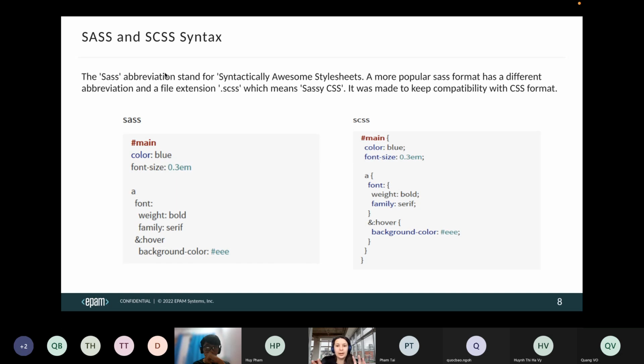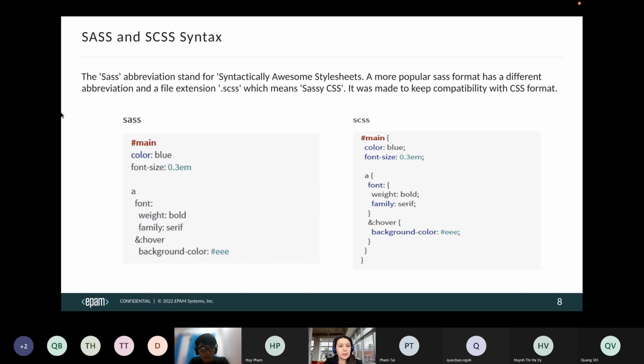So let's take a look and compare it. So, for example, in SASS style, you could see in the picture, we have identifier main, which has a color blue and font size 0.3 em,